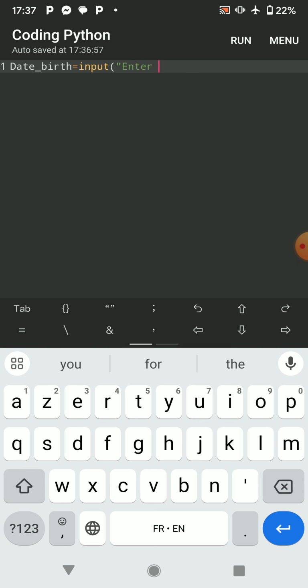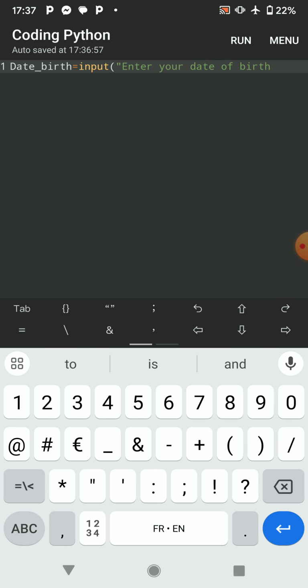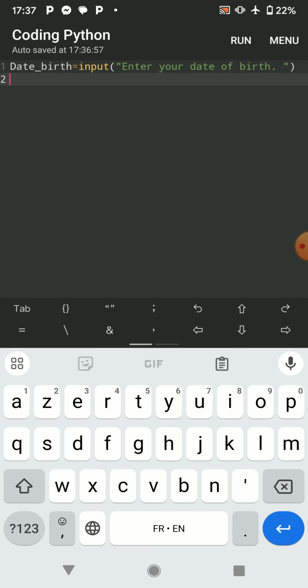Enter your date of birth. Space, close the quotation marks and the brackets. Move to the next line, and we're going to initialize a variable. Right, we're going to initialize the variable. So basically this is